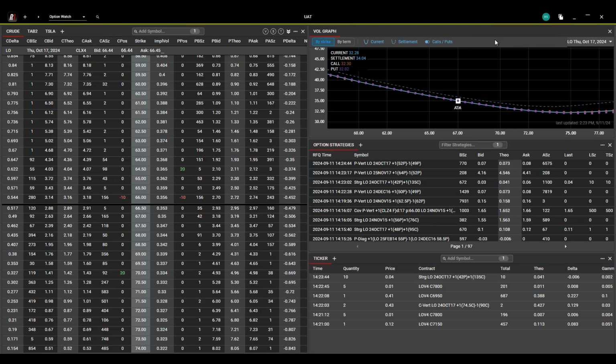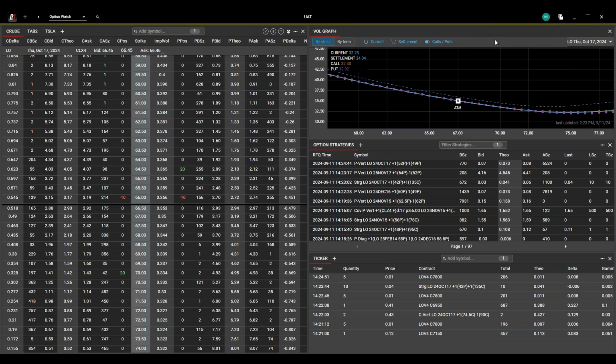Let's talk a little bit about spread building. Spread building, we know, is extremely important to any option trader. We spent a lot of time customizing our spread building capabilities, and I'm going to show you two distinct ways to build your spreads. The first and sort of the more basic or the more fundamental way is to use strikes. So if I know, for example, that I want to build a